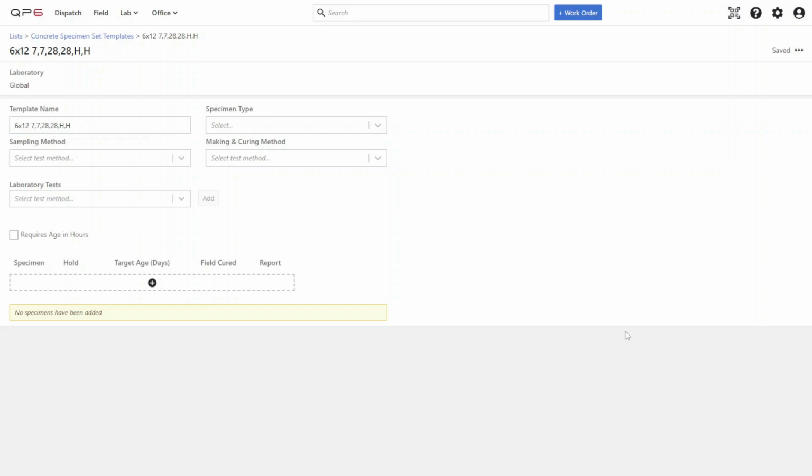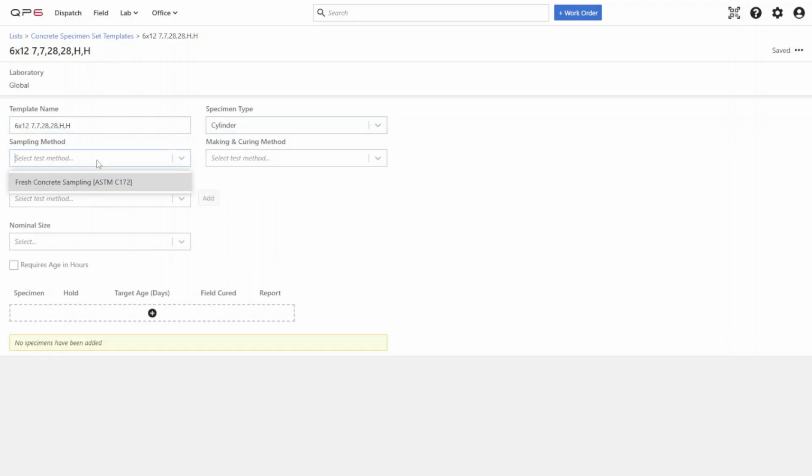After giving our new template a name, the next thing we want to provide is the specimen type. In this case, we'll be creating cylindrical specimens. And then we need to provide information on which worksheets our specimen set template works with or applies to. For example, the sampling worksheet will be different for fresh concrete versus for cores. We are making a set template for fresh concrete testing, so we select the appropriate sampling method and the appropriate